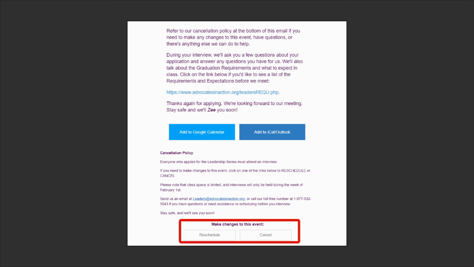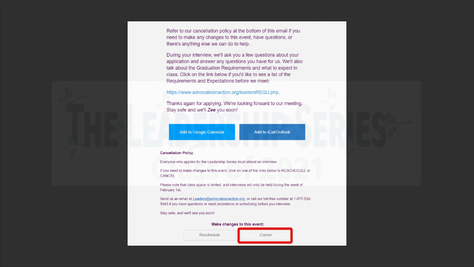If you schedule your interview and you need to reschedule it, you can click that button to do it. The button on the left there that says reschedule. And if you need to cancel it, you can do that too. Either way, also please call us or send us an email when you're changing your interview. That will help us, because we have to organize the entire interview schedule for all of the other applicants too. So do that as soon as possible.